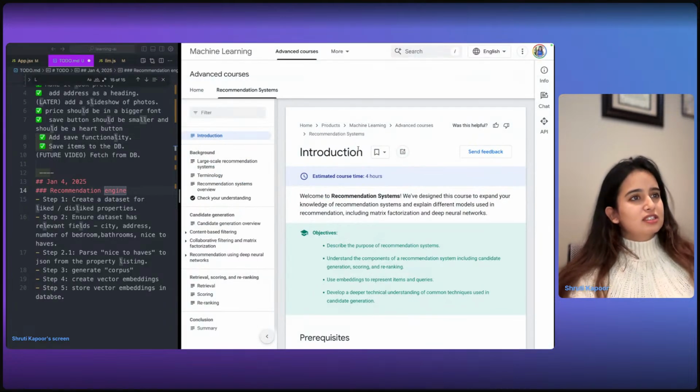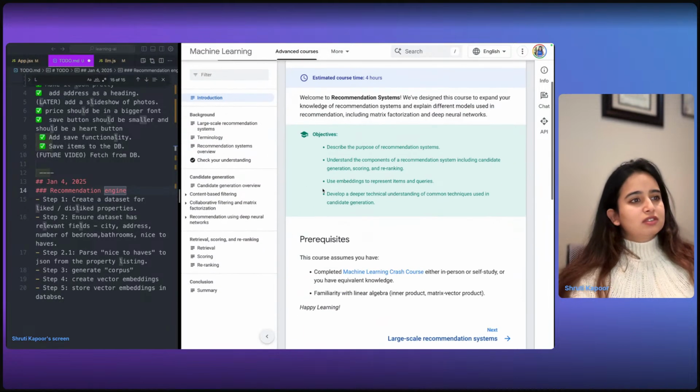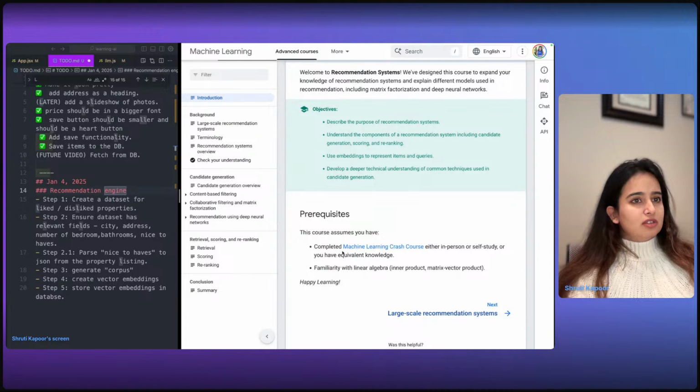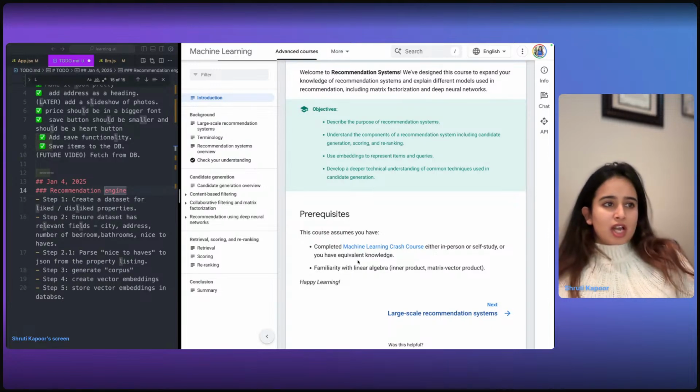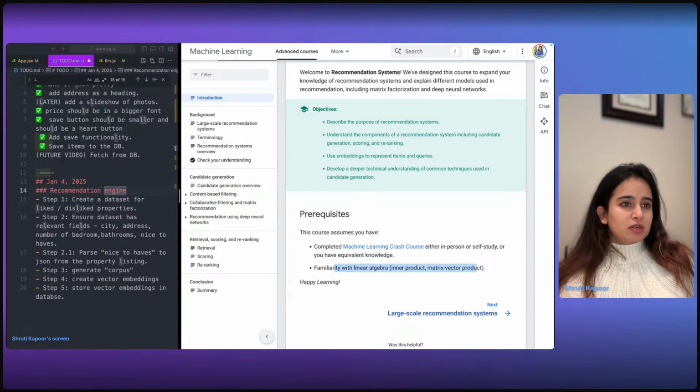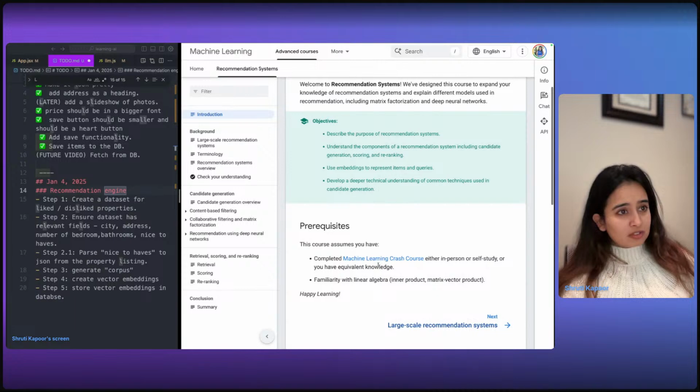It's nice that Google has this recommendation systems as a complete course. Oh, okay. So this course assumes you have completed the machine learning crash course, either in person or have your knowledge familiar with linear algebra, inner product, matrix vector product. Maybe it's time to refamiliarize myself with inner product and matrix vector product because I've totally forgotten all of that stuff.